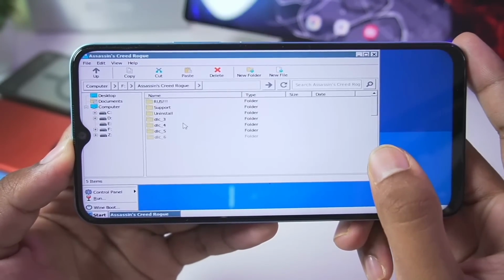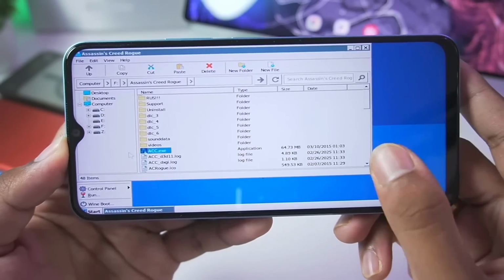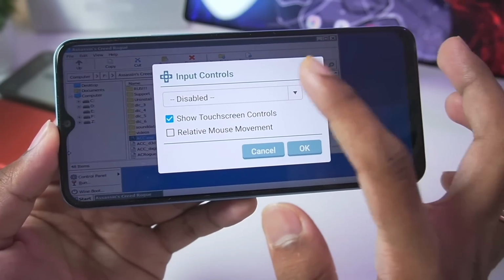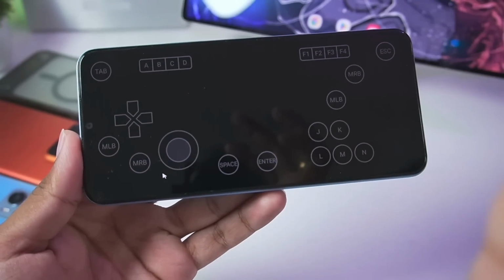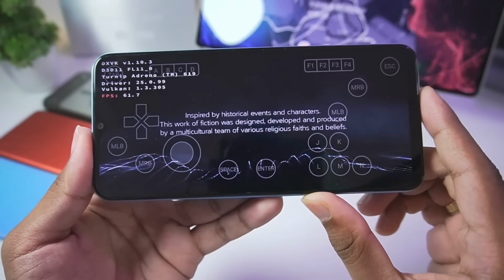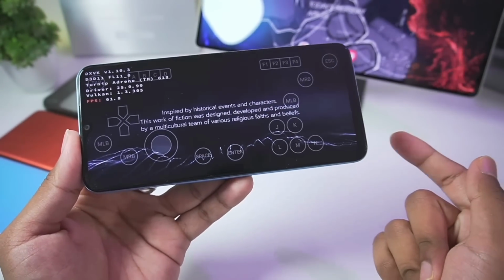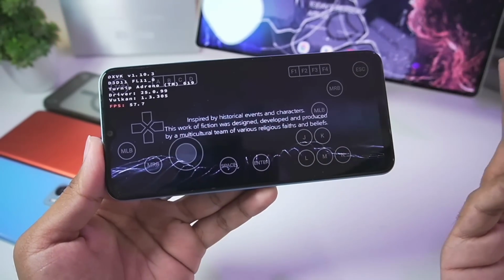Let's get started with Assassin's Creed Rogue, because this is a game that I actually wanted to try out in my last Winlator low-end device testing video, but it never actually worked. So here we go. Immediately you will be able to see Winlator Frost does not disappoint. The game has started successfully in just a single click, very quickly without giving us any trouble, and that